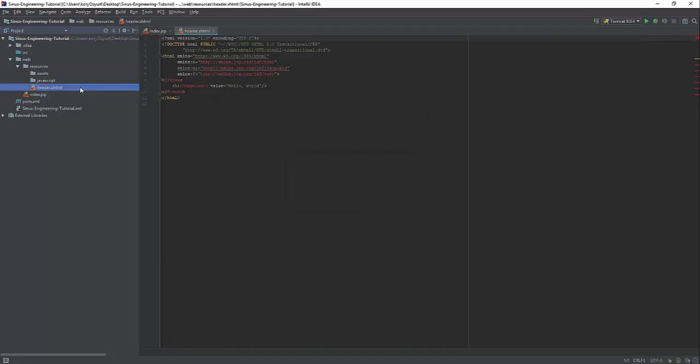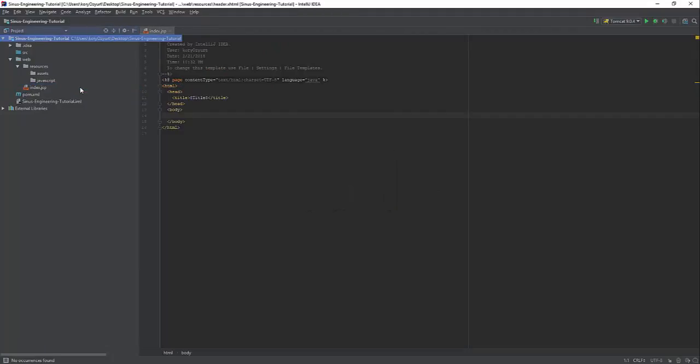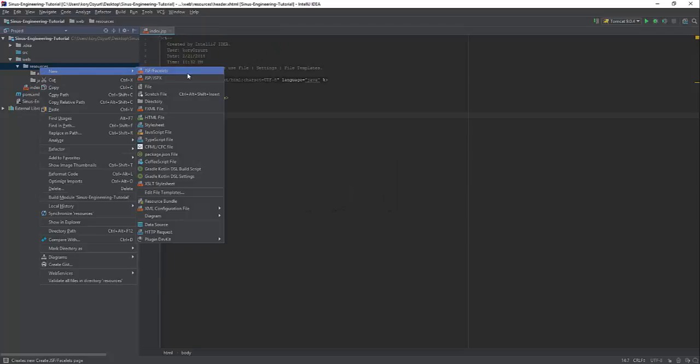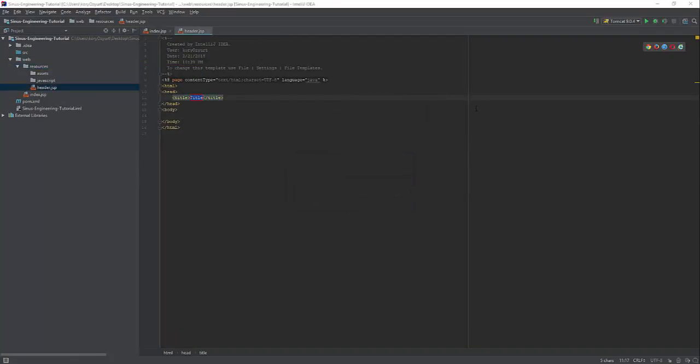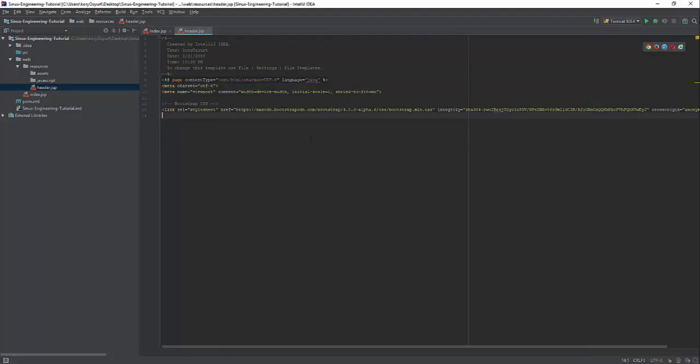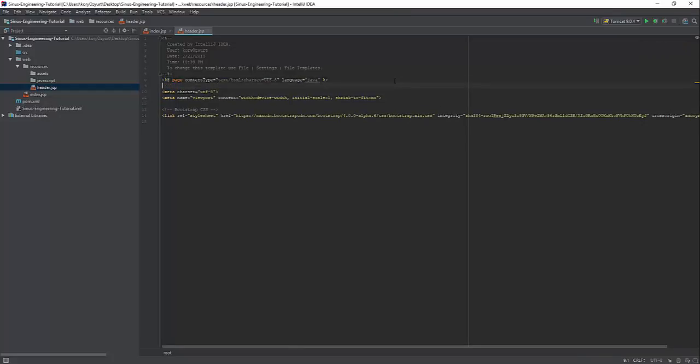Oh, I'm sorry, it's not XHTML. It must be a JSP file. Let's copy and paste the Bootstrap links. I will give you the Bootstrap 4 link below the video. Then